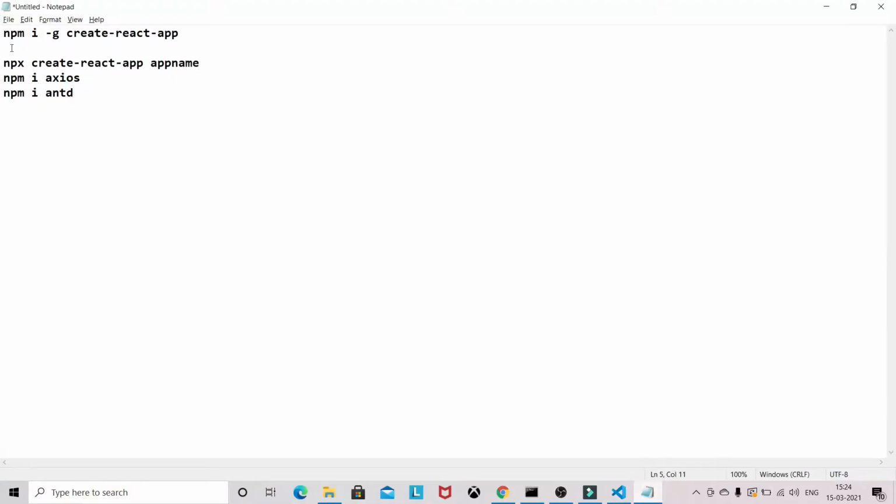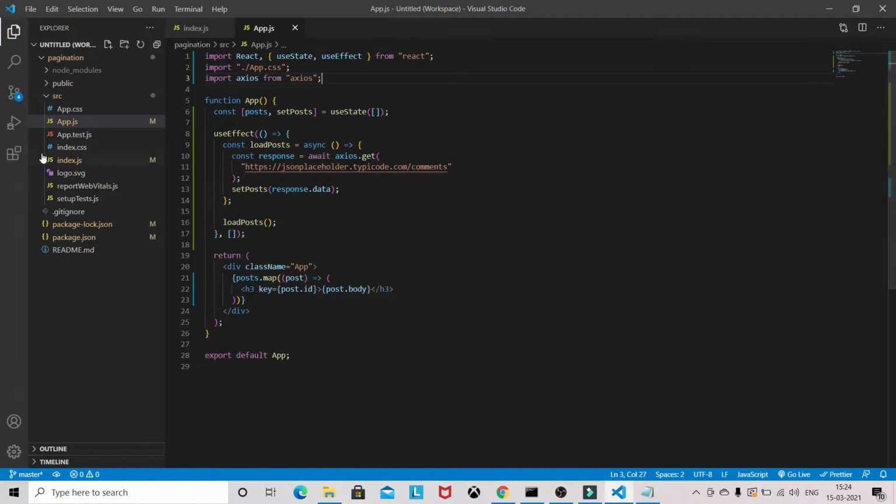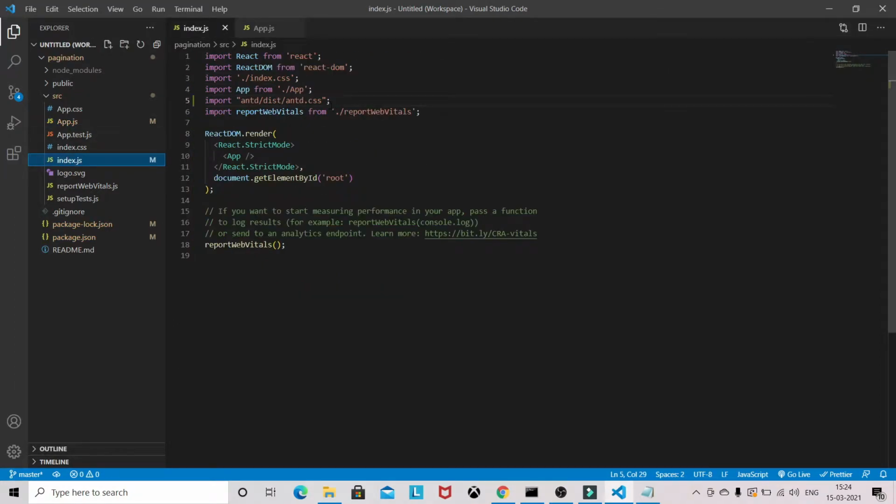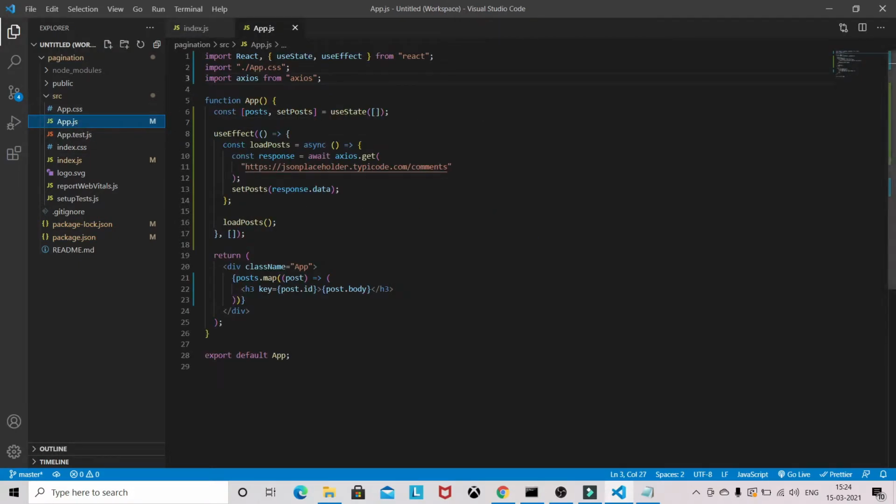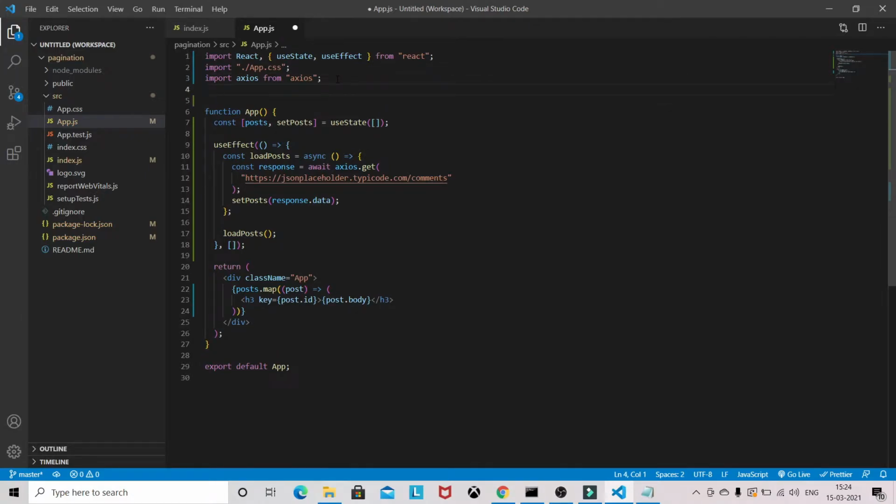Once you install Axios and Ant Design, you have to come back to our index.js file and import the Ant Design CSS file this way. Then we need to import the Pagination component from Ant Design.